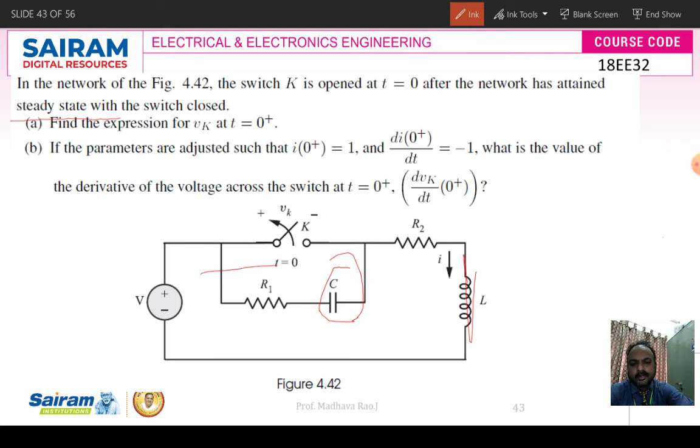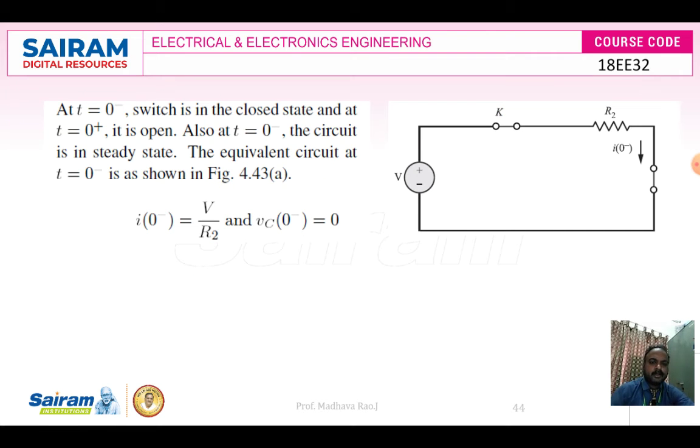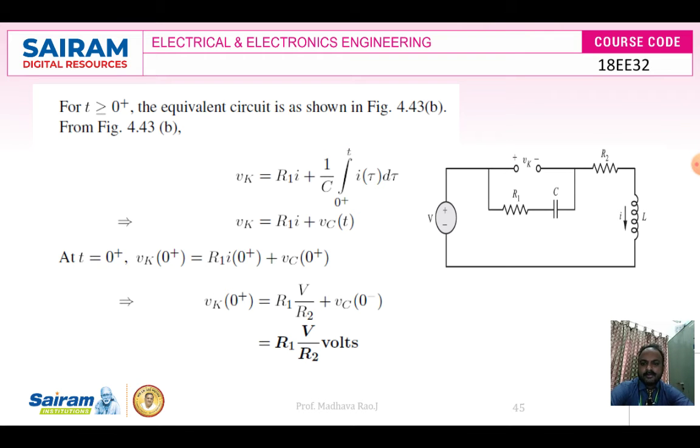So this will be open circuit, this will be short circuit. Then this entire thing we can eliminate from the circuit. That's what happens once the switch is closed. In this diagram you can find only the voltage source, switch and resistor, and the inductor acts as a short circuit. So what is the voltage across the capacitor? It is 0 here, right?